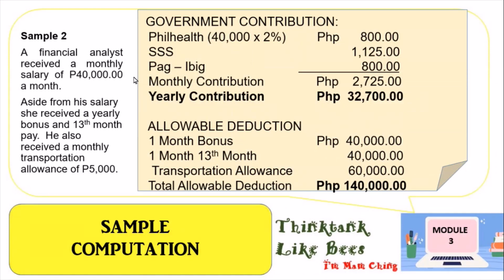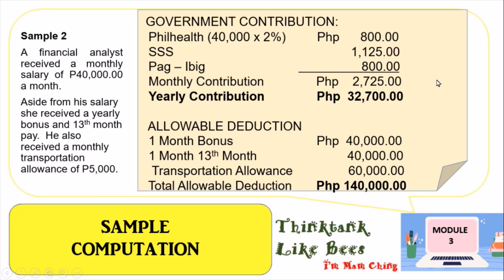Let's start by computing the government contributions first. We have 40,000 multiplied by 2%, so we have 800 monthly for PhilHealth. For SSS, if you are basing it on the table, that's the maximum amount, so we have 1,125 for the SSS. For the Pag-IBIG, you also multiply by 2% to make it 800. So if you add these three, we have the monthly contribution of